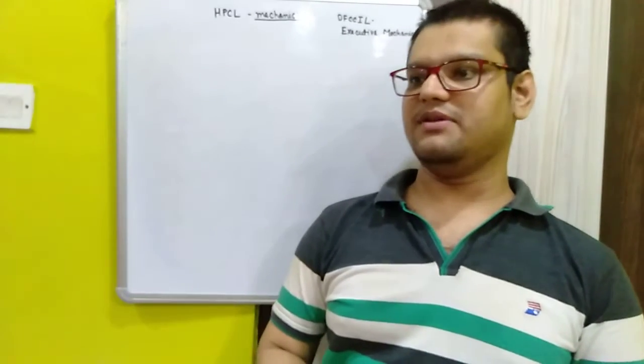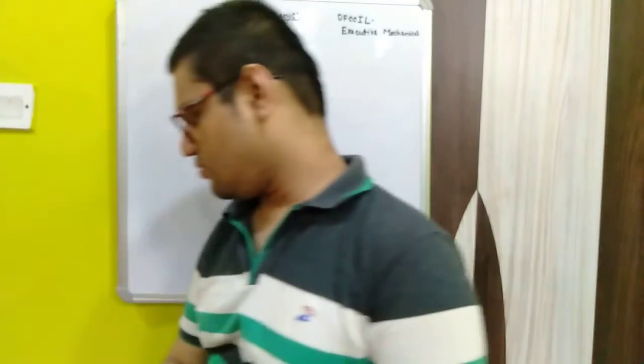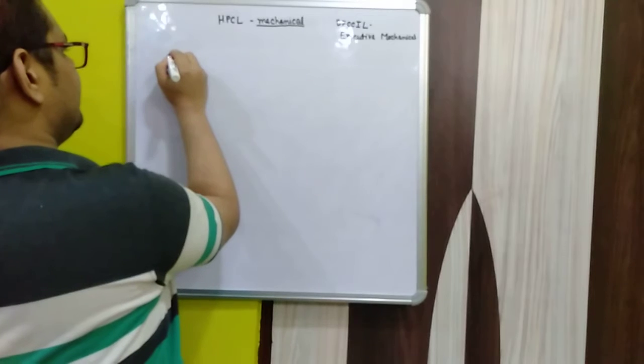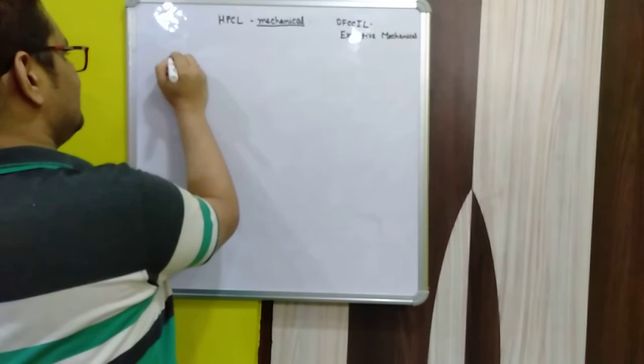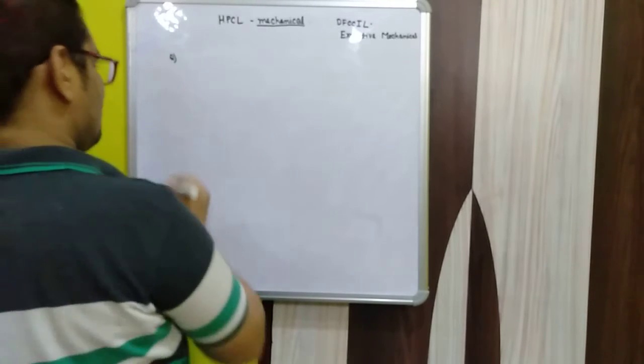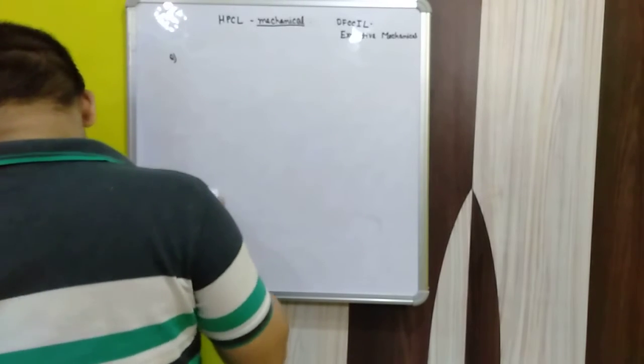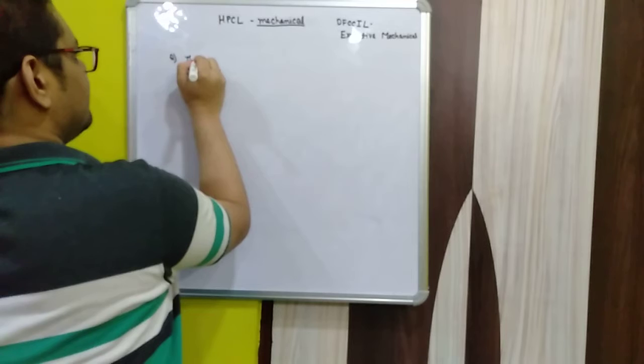Today we are going to discuss some of the questions which came in the HPCL mechanical engineering papers. We had discussed some questions in our last classes, and today we are going to continue with some more. I'm going to solve some questions which came in the previous year exam papers of 2013 as well as 2018. I'm taking one question, that is the critical thickness of insulation.